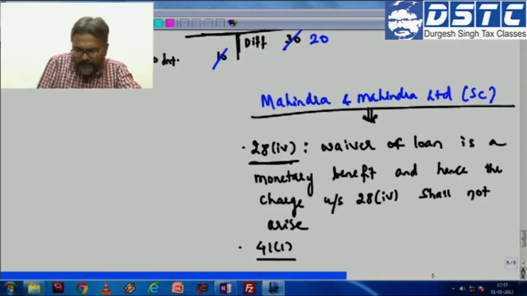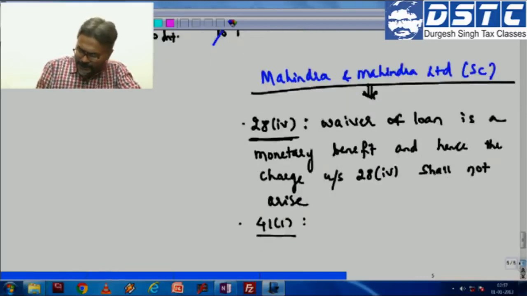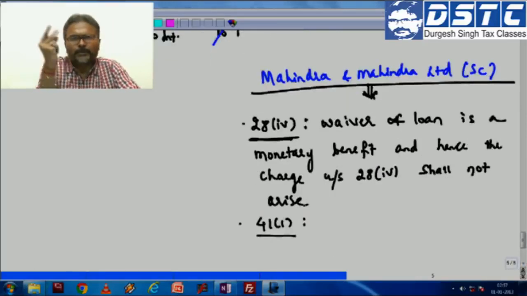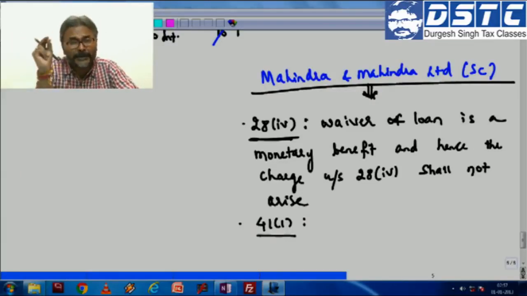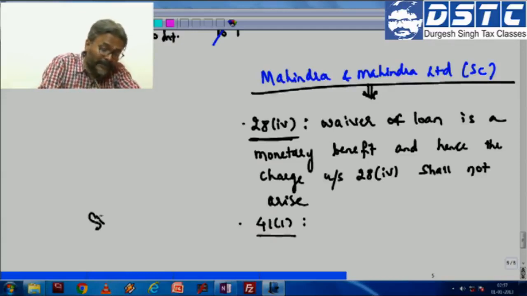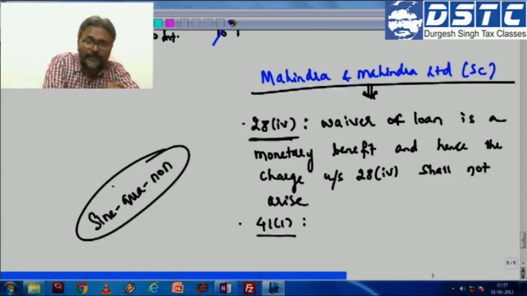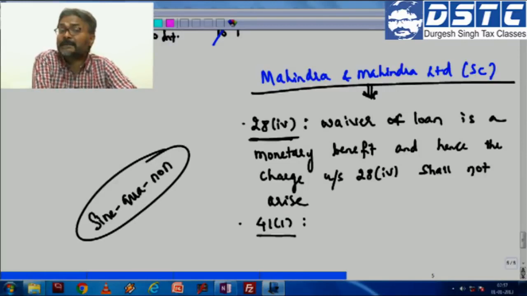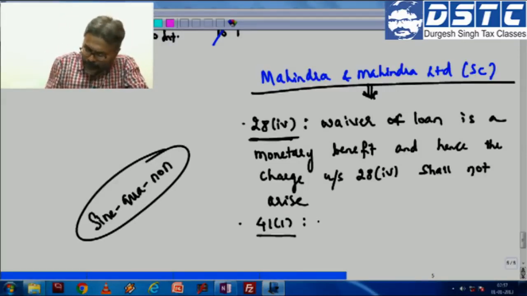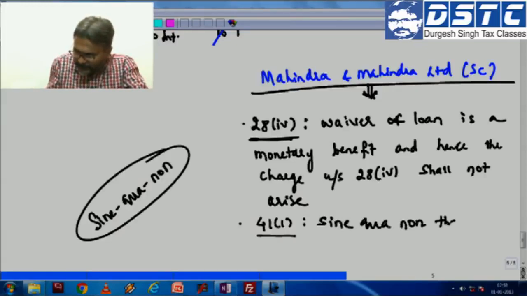Next is 41(1). Now, as I was just discussing with you, 41(1) requires two conditions, and the two conditions are mandatory. Mandatory means a necessary condition, and there is a technical phrase for it: sine qua non. Are you aware what it implies? It implies absolutely necessary. Here you can write sine qua non, absolutely necessary,